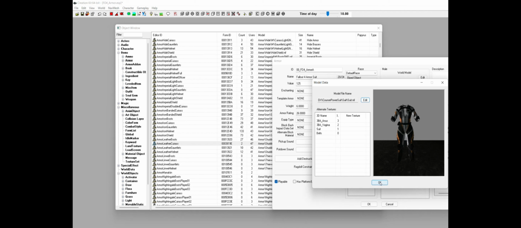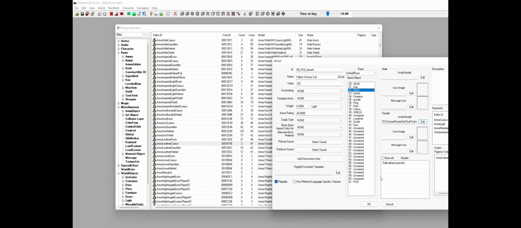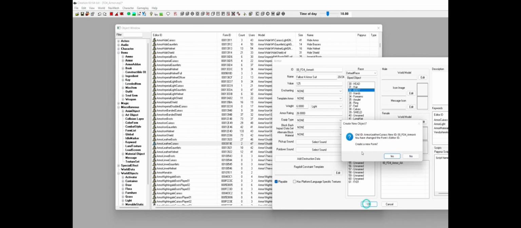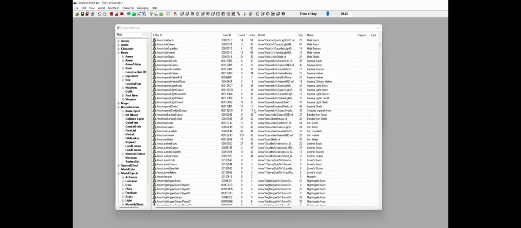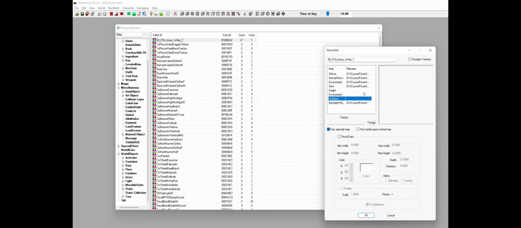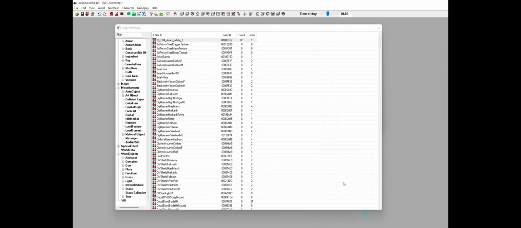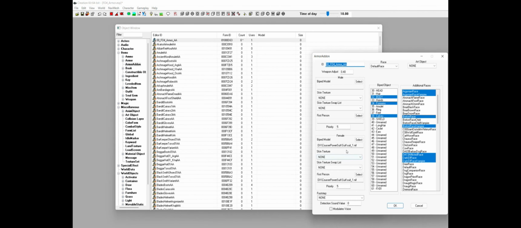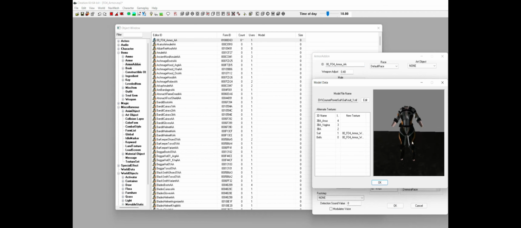Next step, very important, delete the armor add-on and replace it with the one you just created. That one. Alright. Okay, create new entry as usual. And now we have everything that we need. So our texture set, that's the one with all the texture files inside with the right path. All of them. We also have the armor add-on, this one, that is linked to our textures and our meshes.